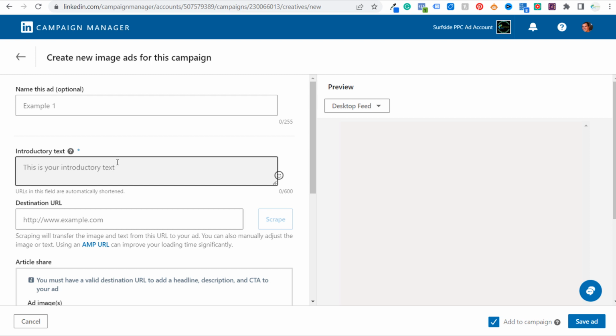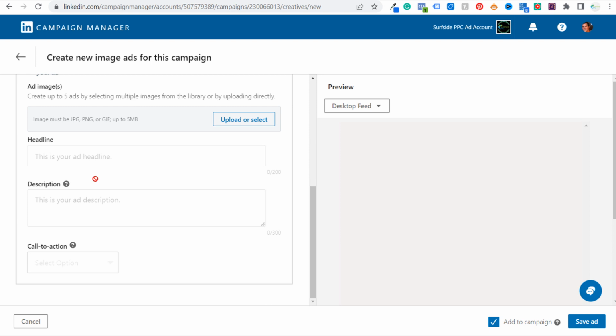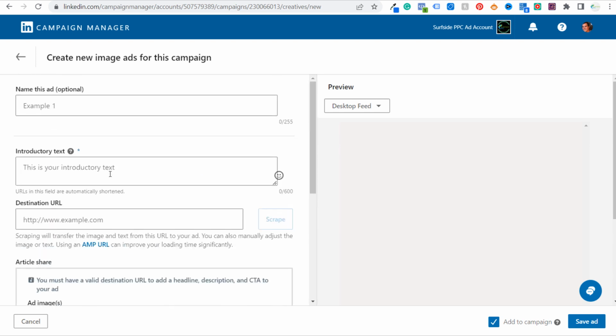You can, and you may see that one ad performs way better than all the others, but what you're trying to do is say, okay, let's keep everything the same, just change our landing page URL. Keep everything the same, we're just going to change our image ads here. Just going to change our ad copy. So that's one option that you have, and it really is a best practice to use a lot of image